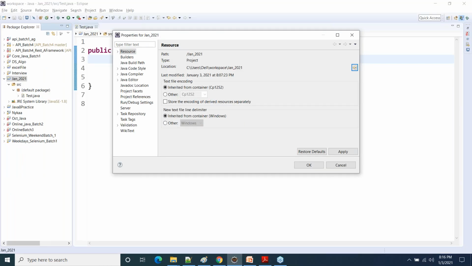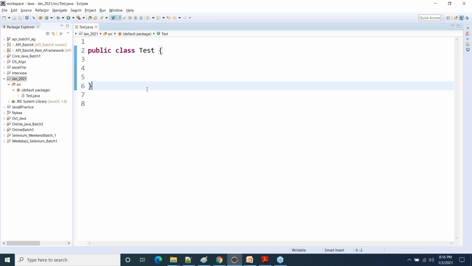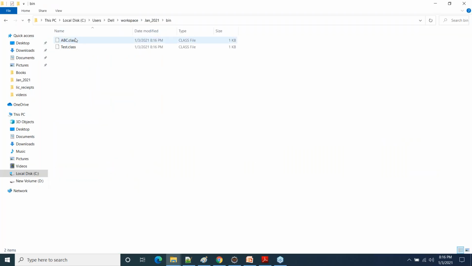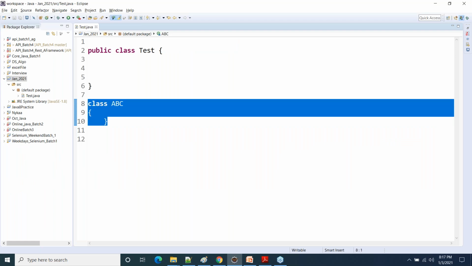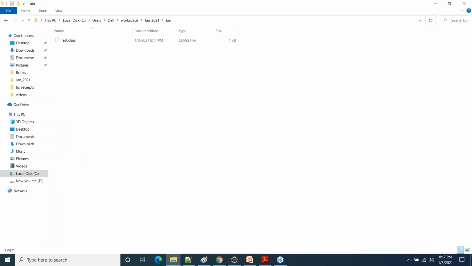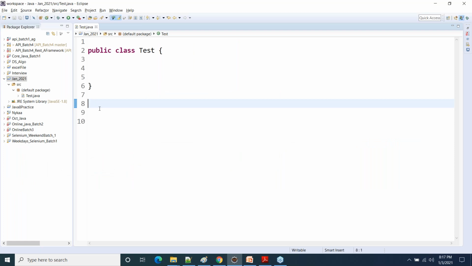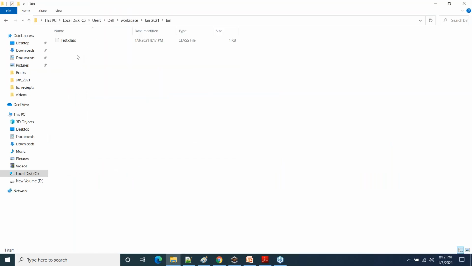Let me add one more class in this source file just for some time. Let's say class ABC. Now, the moment I save this file, can you see abc.class is also available here? Isn't it? So the .class file will be created inside the bin folder. And the moment I remove the class ABC, it has been removed from here.